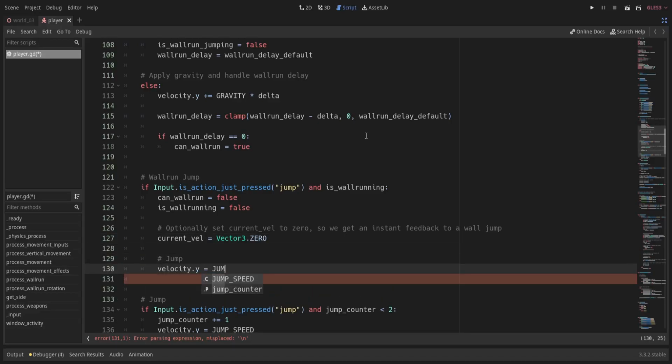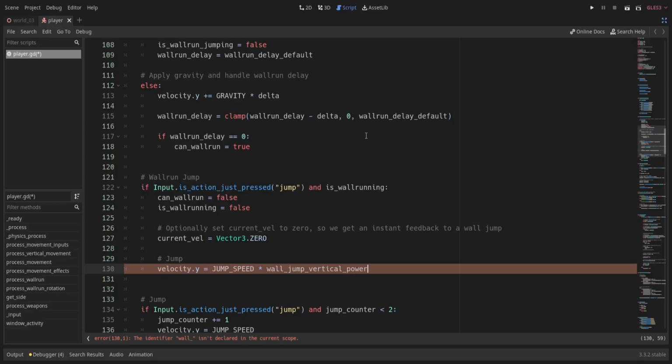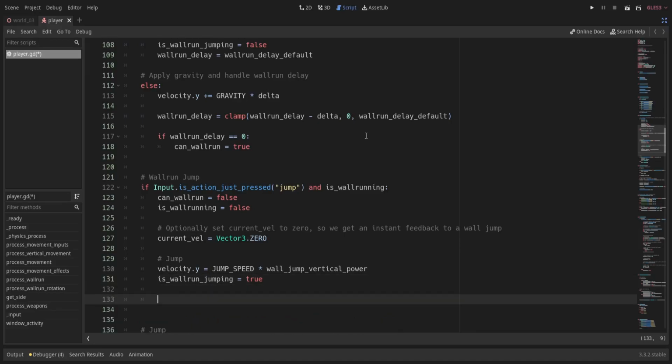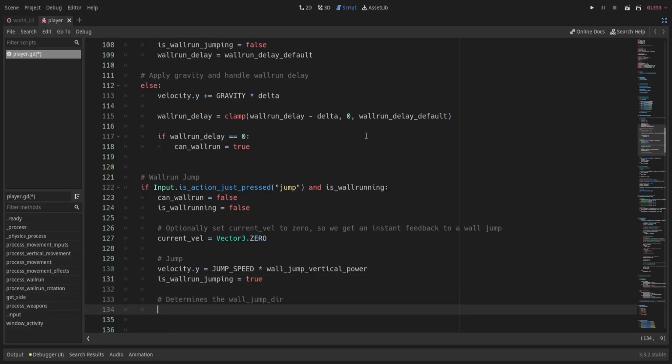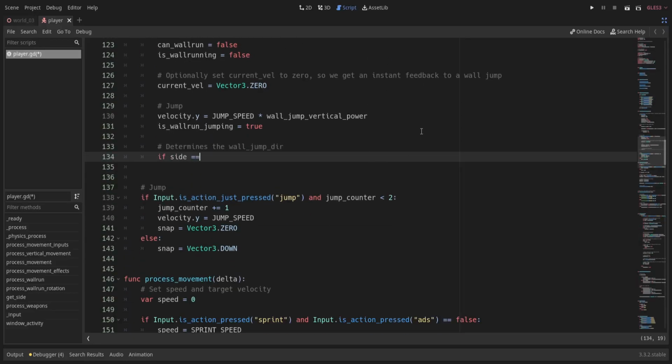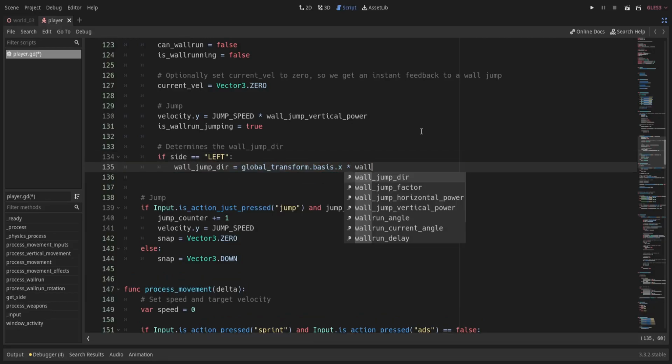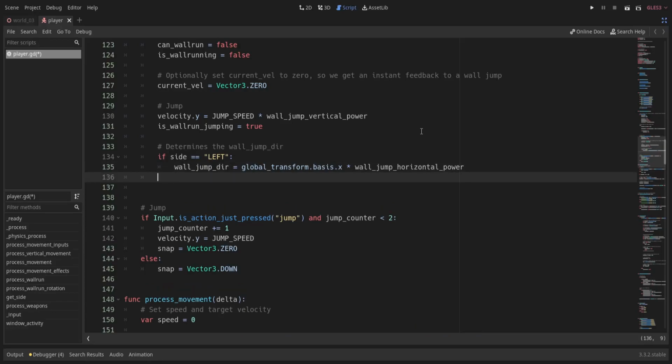Finally, we apply the jump force to our velocity. This would allow us to control the strength of vertical velocity, and then set is wall run jumping to true. Now we need to find the direction of jump in the x-axis. For this, we apply a similar process to how we did with vertical velocity.